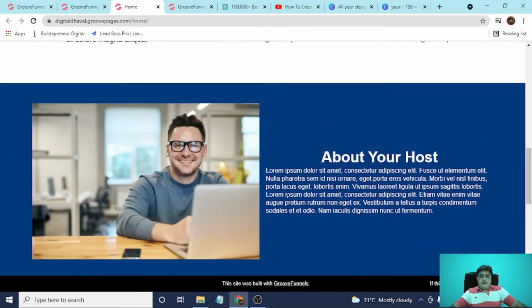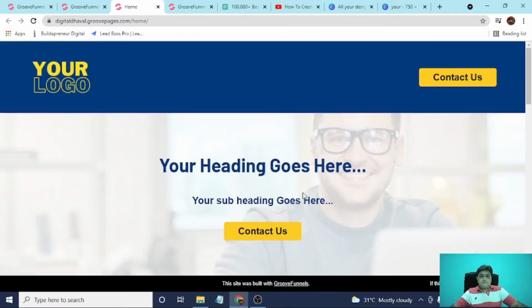So it looks better than before, guys. So this is how we can create our website absolutely free, guys, without purchasing any domain, without purchasing any hosting plan, without buying any SSL certificate. This is how we can create a website free for lifetime.